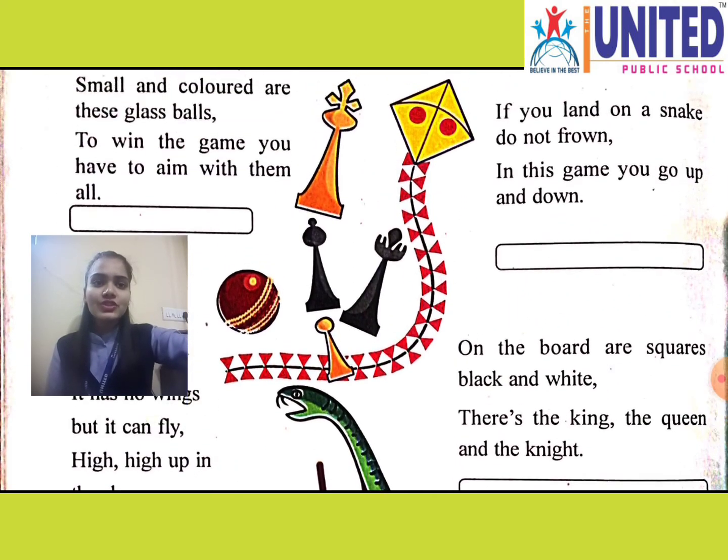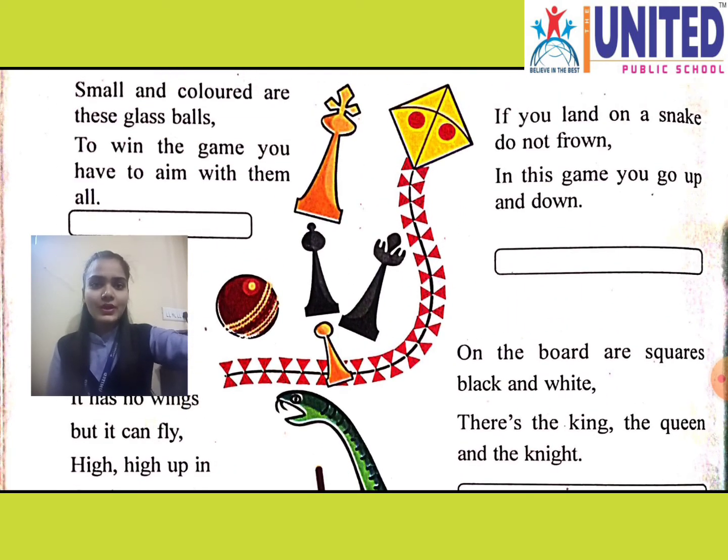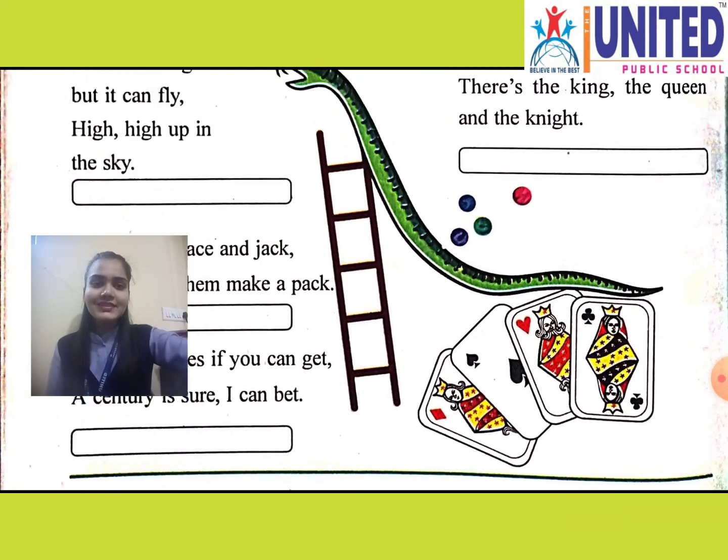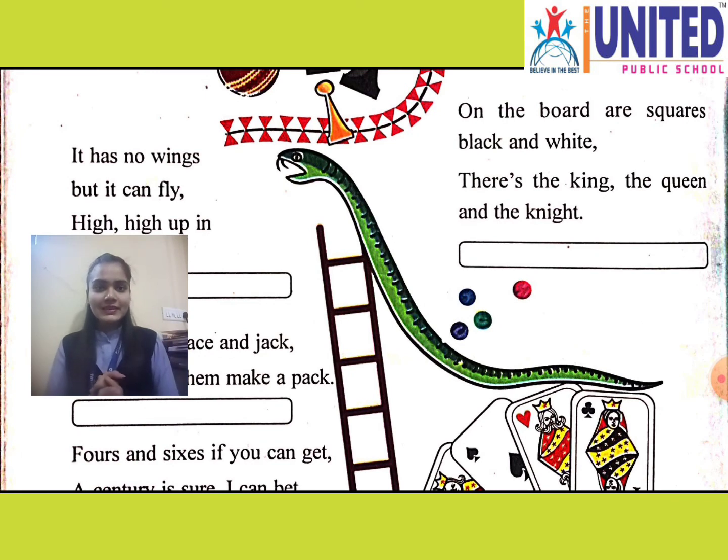So here you know chess के कुछ यहाँ पे वो दिए हुए हैं. Okay, yes, so here we will write chess. So beta you got this, you know it is very interesting na. Yes, so here you have to write down all the names of games. Okay, yes, so now on next page.